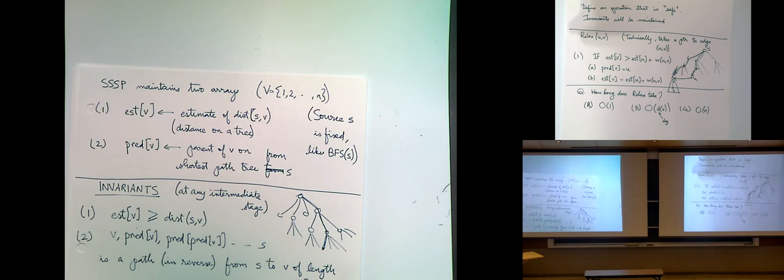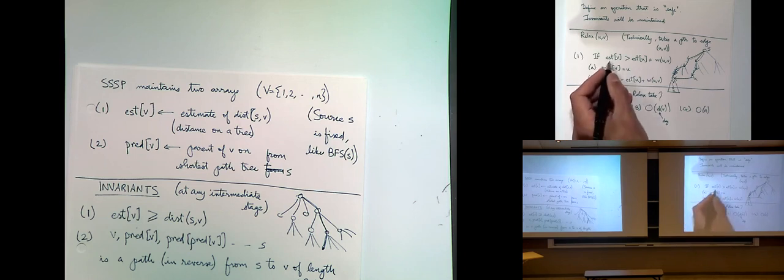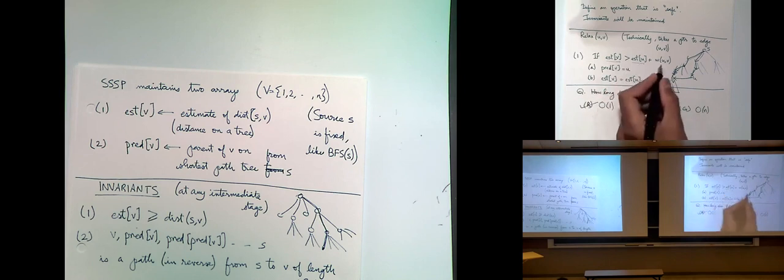So what is the answer? Does everyone see? Okay, so most of you see that the answer is just O of 1, because you're just accessing 4 numbers here, or 4 quantities in memory. You're accessing estimate of V, estimate of U, the weight, and the predecessor, and you have access to all of